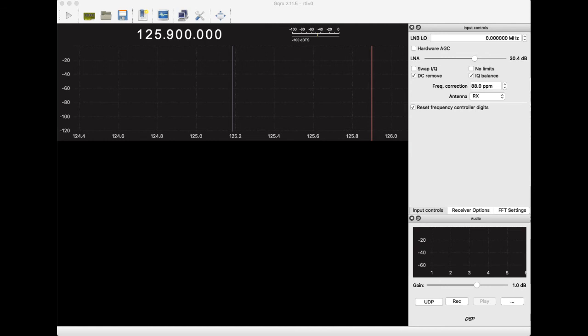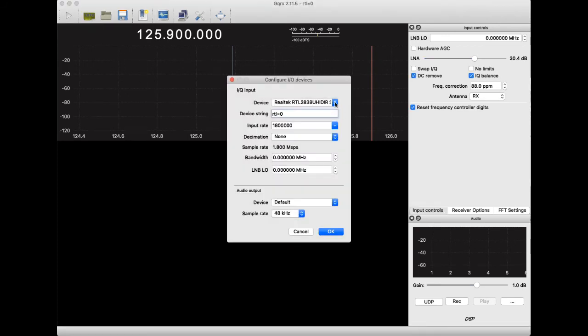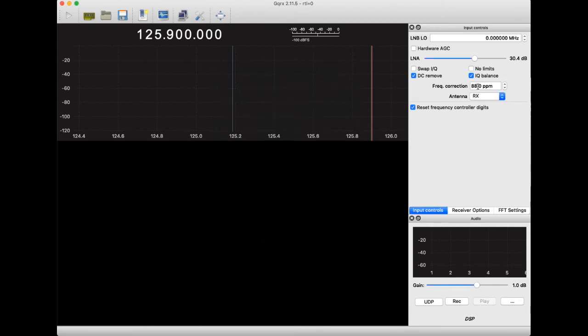So here we have GQRX. This is available for Linux and for Mac OS. I don't believe it's available for Windows, but you can have a look if you like. To get it running, click up here, select the input device. I've got the Realtek input device selected. Click OK. One thing I do want to do is change this frequency correction here to 0,